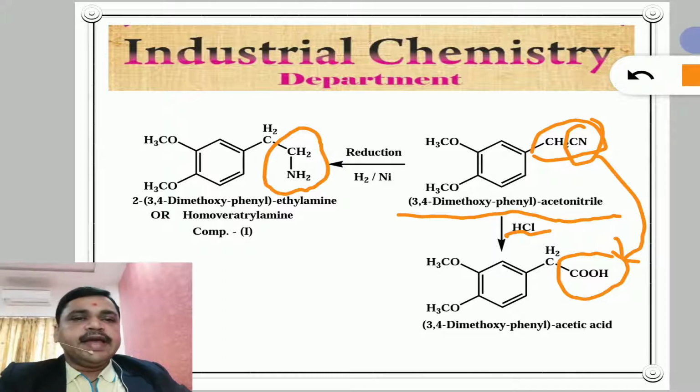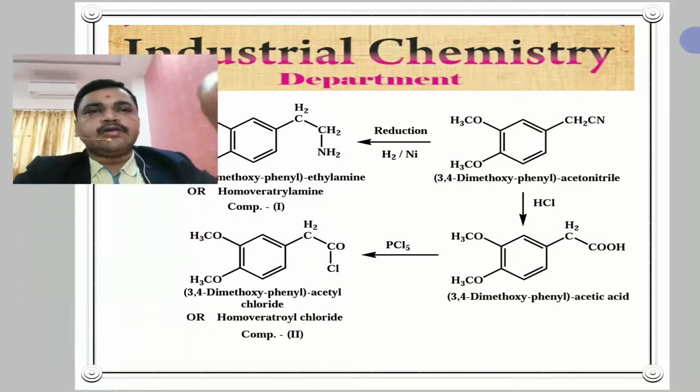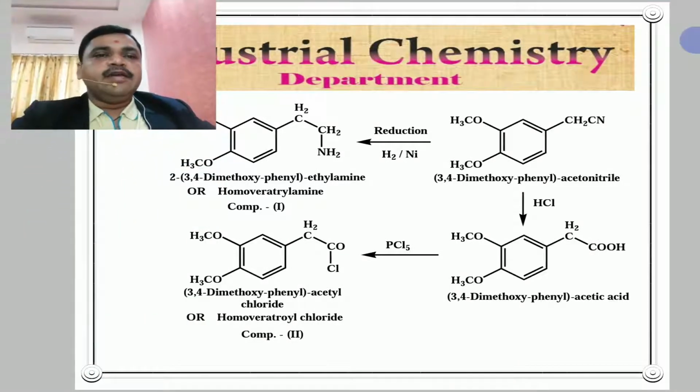So, we get 3,4-dimethoxyphenyl acetic acid. Now, this 3,4-dimethoxyphenyl acetic acid is treated with PCl5, phosphorus pentachloride, and then we get